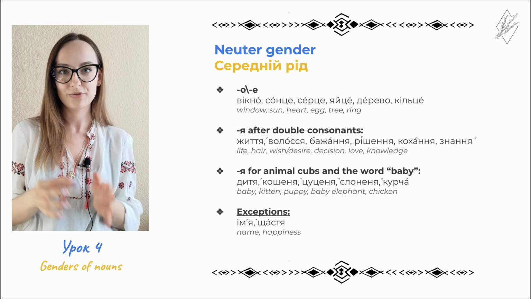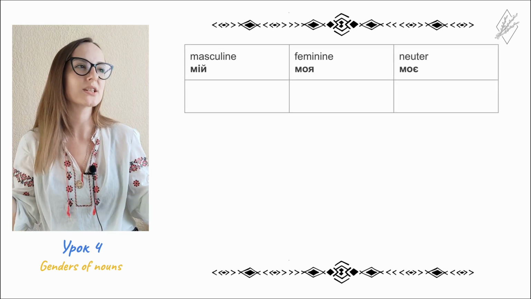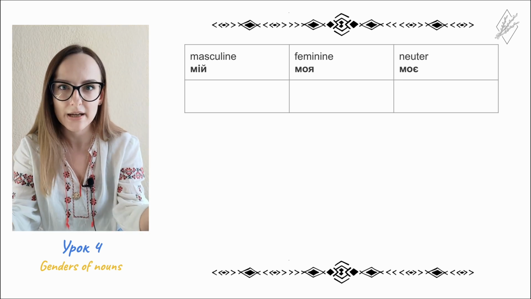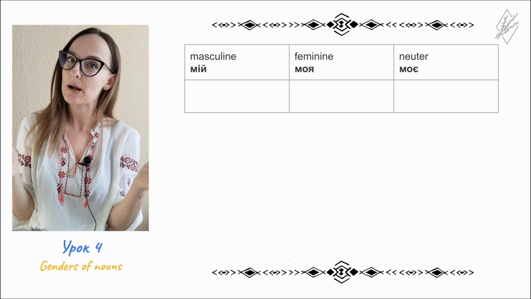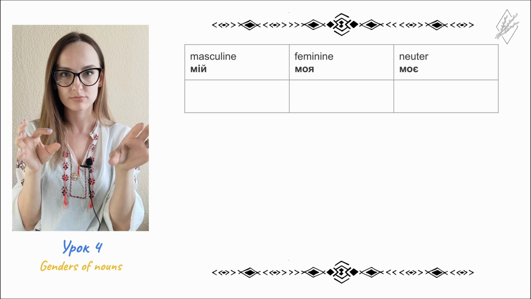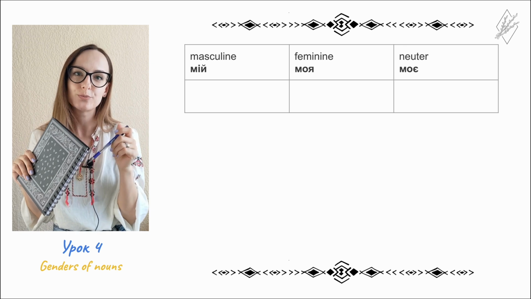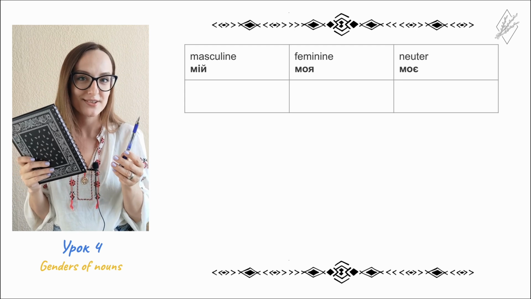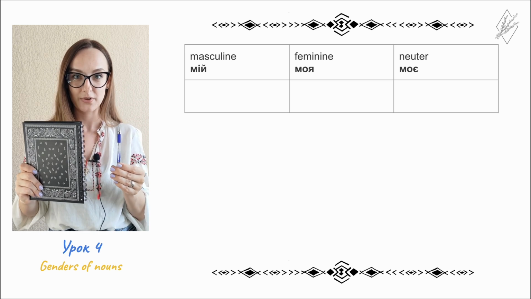So now you know how to define the gender of nouns. We will practice now a little bit. But again, before it, you will ask me, Nika, so why do I need this gender? What's the difference? Is it masculine or feminine? I don't care. No, you care if you want to speak Ukrainian. So, for example, if we have a structure, my plus some noun. For example, if you want to say my notebook and my pen, this possessive pronoun, my, will be different according to the gender of the object that you describe.